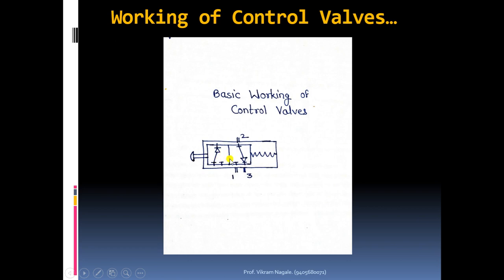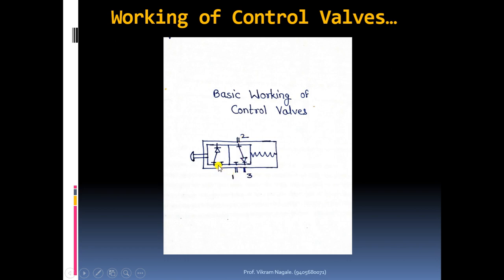This is the left side block, this is the right side block, and the spring is there on the right hand side of the wall, which is connected to the casing. Okay, so whenever we are pushing from the left side by pressing this button, the blocks will slide to the right hand side. The ports which are coinciding with the outer ports of the wall will get disconnected, and the ports in the left side block will coincide with the outer ports.